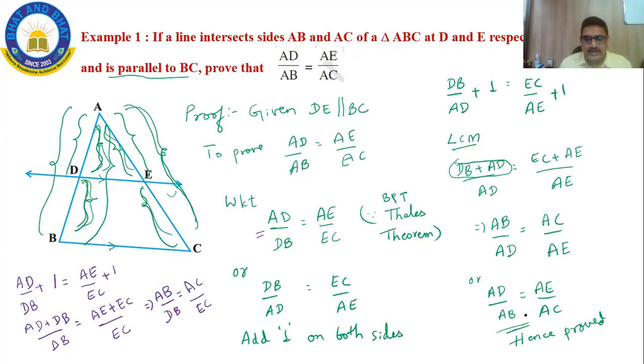So in the numerators, I want AB and AC, and I got AB and AC, but here it is DB and EC, and we are not requiring DB and EC, we want AD and AE. That is why we have to take reciprocation. Sir, then how will we know when to reciprocate? Exactly, that is what I'm trying to tell you here. You have to practice more and more. Since I have given you this proof, you are able to understand. But on your own, how will you get it? You have to solve more questions so that when you encounter a new type of question, you will be able to understand what modification is required.